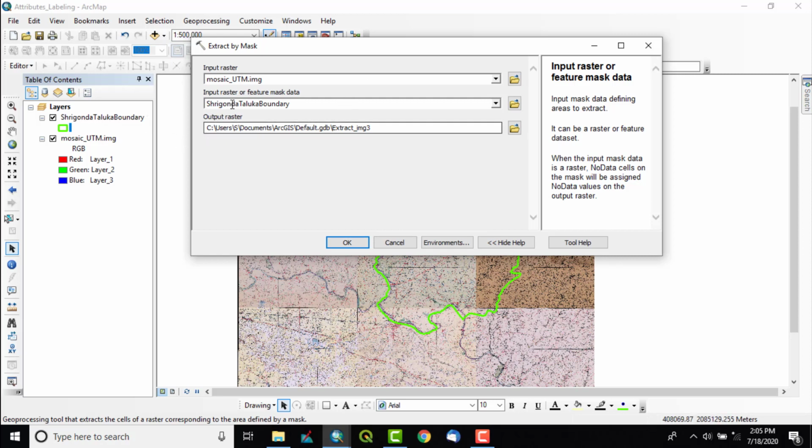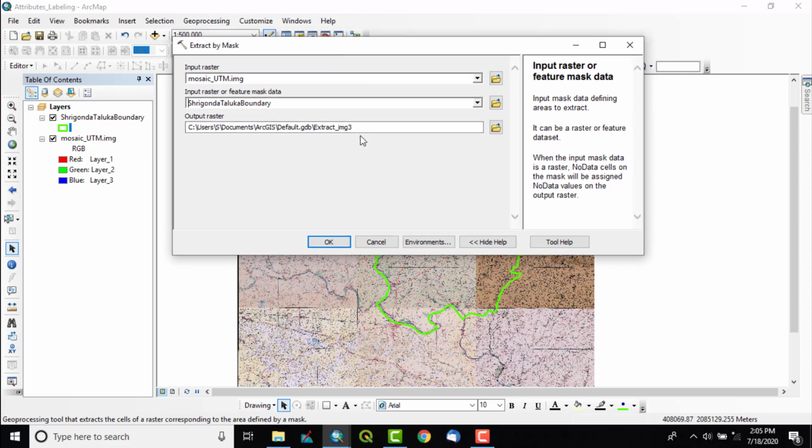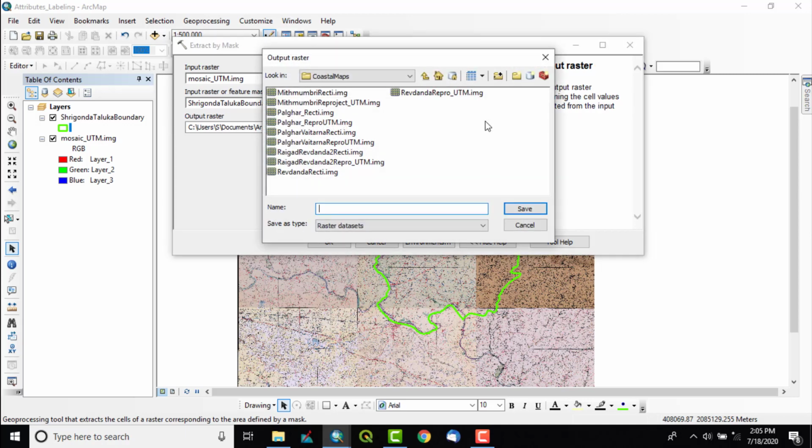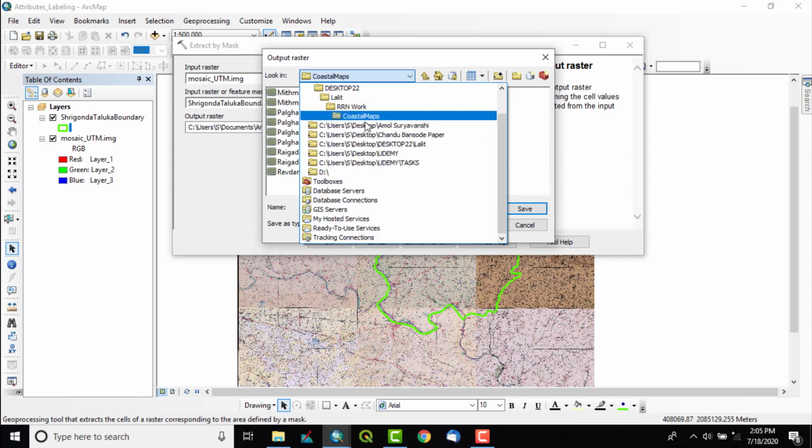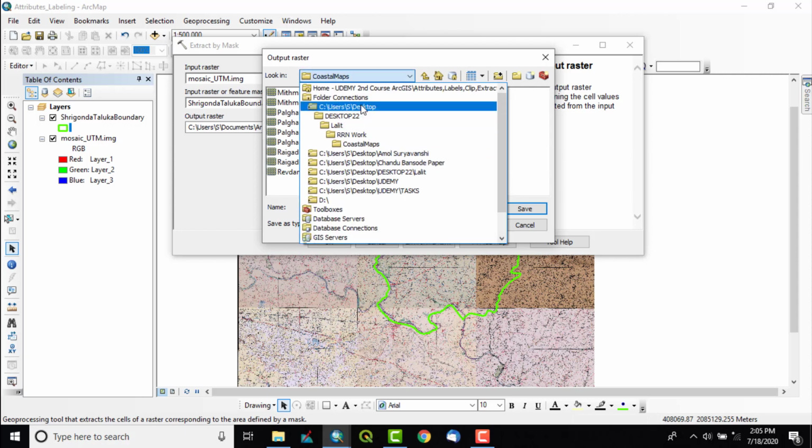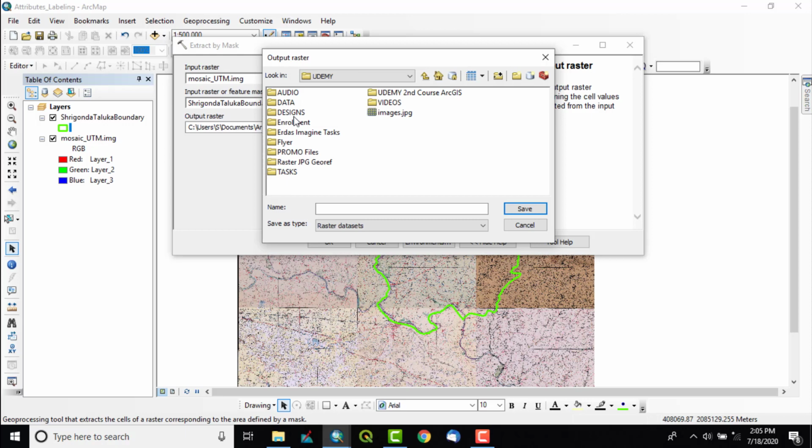And another option, output raster. So finally, after execution of the task, one new raster will be created. So from here we have to assign the path to that particular newly created file. I will give the name extract by mask .img.